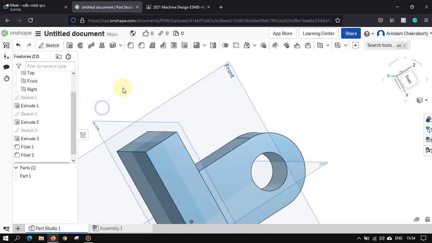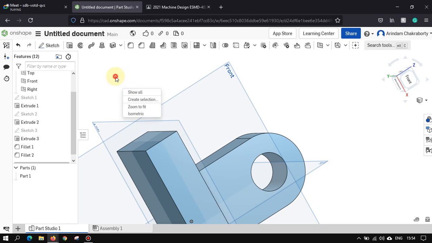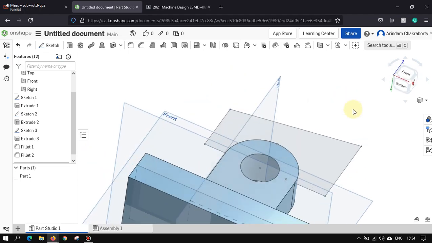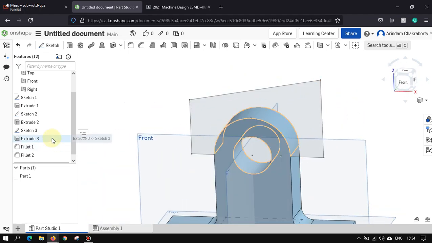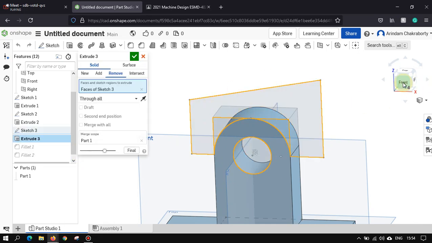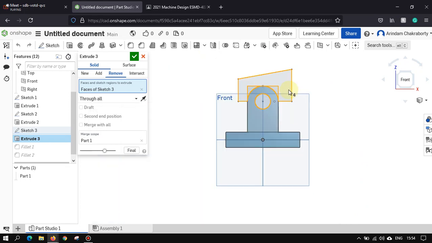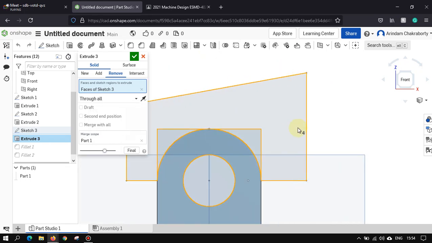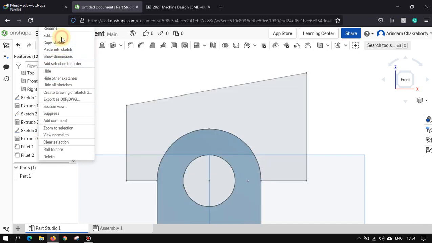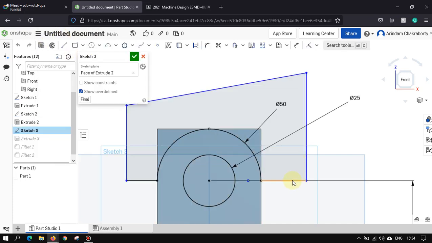I think any one of you right now might have asked me, sir, why is it necessary to have this closed surface? Is it very necessary to have it? Yes, it is very necessary. Let me show you what will happen if I don't have a closed one. Just see. If I just delete one of the lines, just think that I have deleted one of the lines.